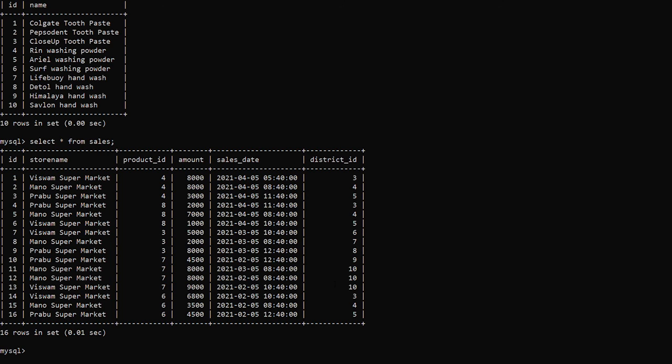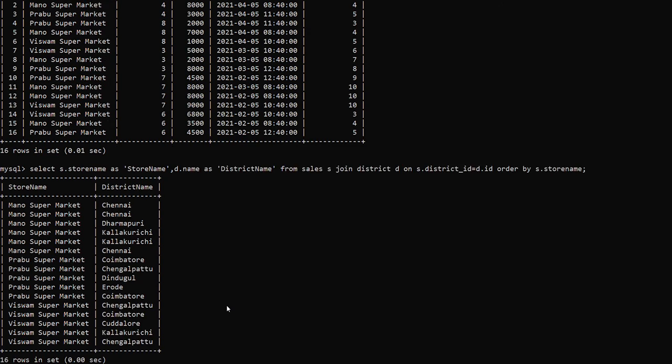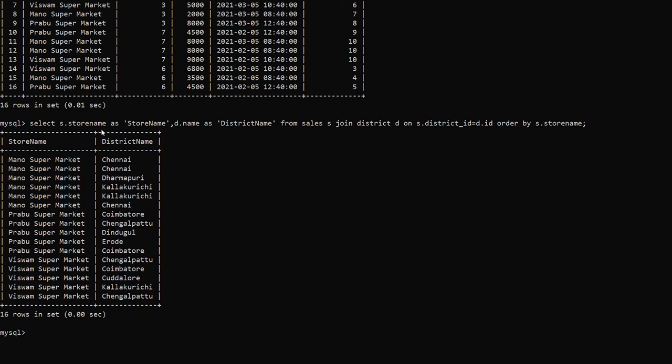I have the query already available with me, so I'm going to copy paste that query. This query will be used to find unique stores in different districts using inner join. Here we have executed a query which contains two tables, sales and district.